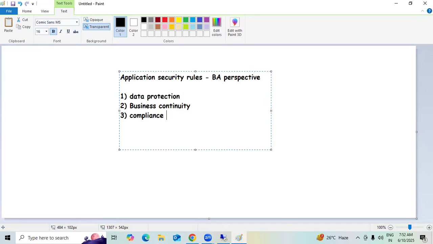There are many aspects, as I stated. It can be data security, infrastructure, and so on. But as an example in today's session, I have taken application security, which plays a vital role, and the key aspects a BA should take into account are what this session is all about.